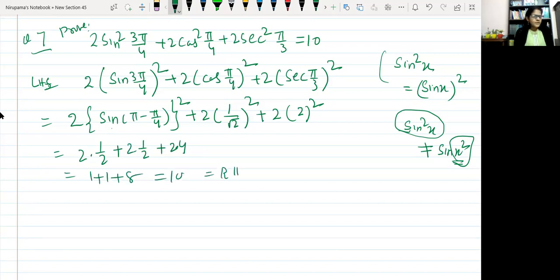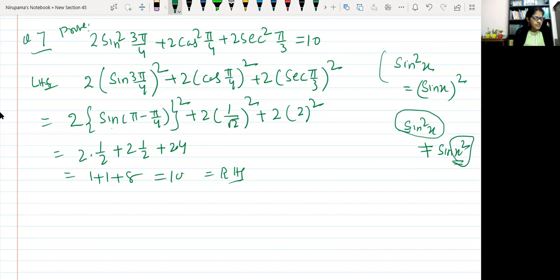Okay, so in exercise 3.3, questions 1 to 4 are all like this. You have to use the reduction formula and put the values. Question number 5, both the parts: in one of the parts, sin 75 degree. 75 degree can be written as 45 degree plus 30 degree, so then you can apply the formula for A plus B. Tan 15 degree can be written as tan(45 degree minus 30 degree), so you can apply the formula for tan(A minus B).